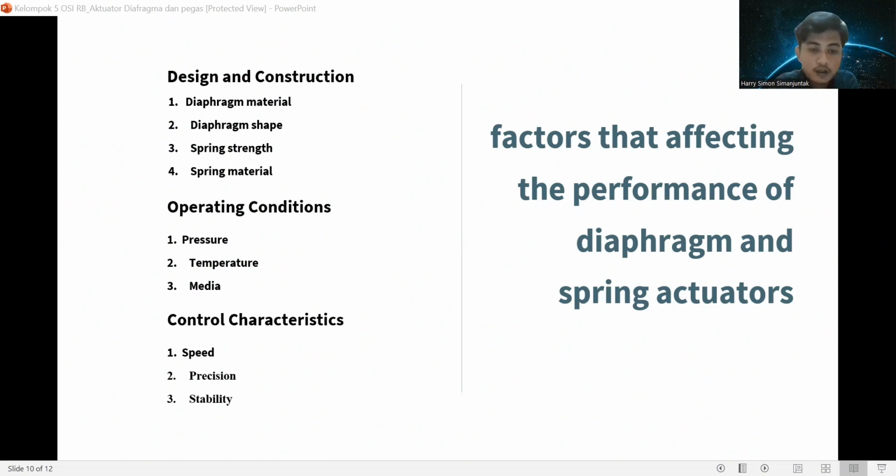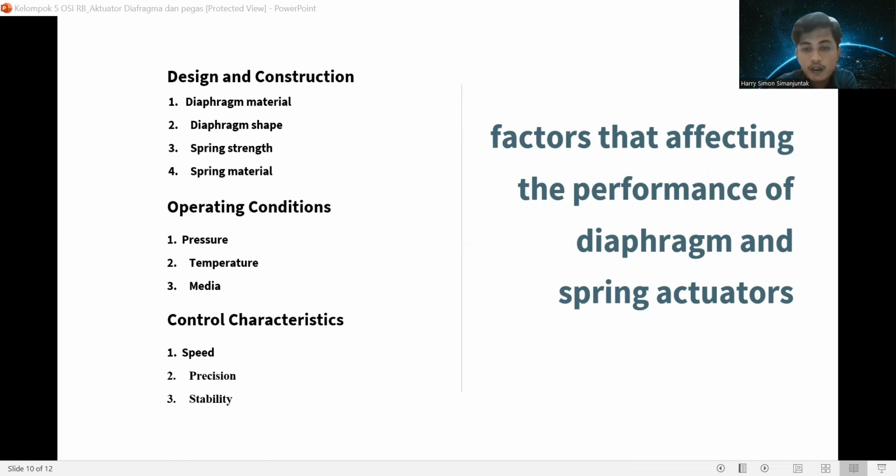Number two, operation condition. Pressure. The pressure applied to the diaphragm will affect the resulting force and displacement. Higher pressure will produce greater force and displacement. Temperature. Operating temperature can affect the material properties of the diaphragm and spring.